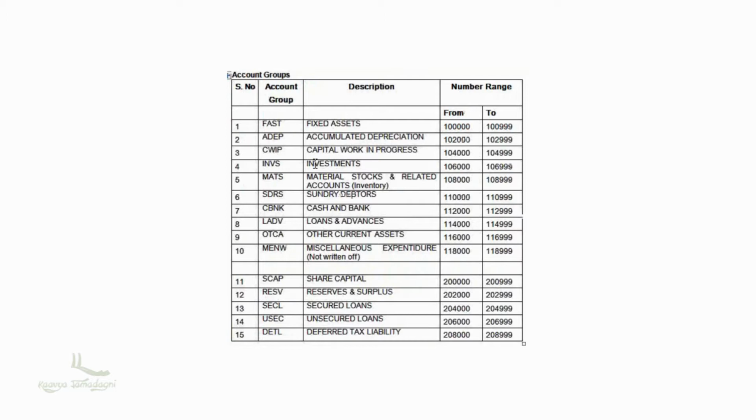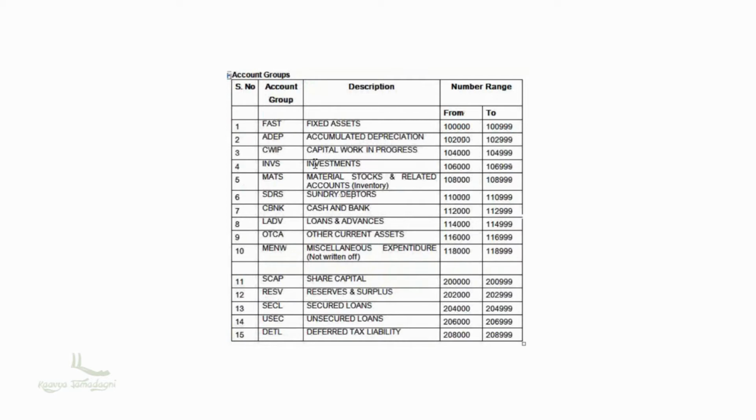For the account group FAST, the description is given as fixed assets, and the number range is from 1 followed by 5 zeros to 100,999. In the same way, the account group ADEP is described as accumulated depreciation, and the number range is from 102 followed by 3 zeros to 102,999.